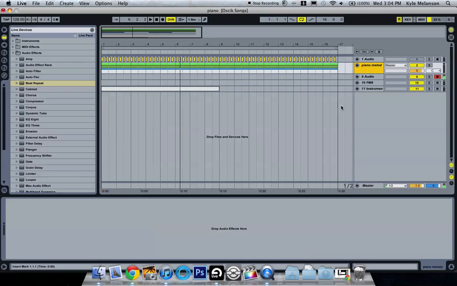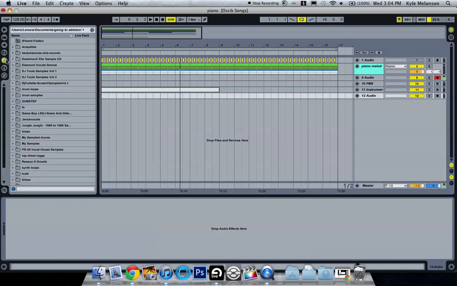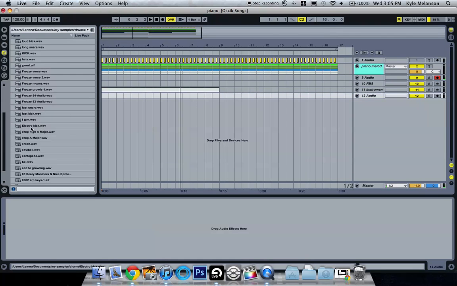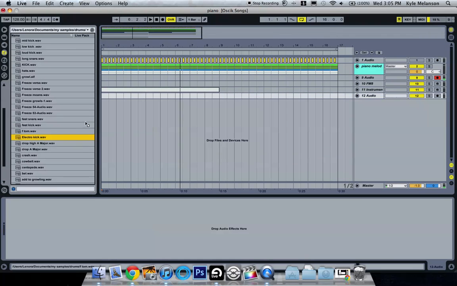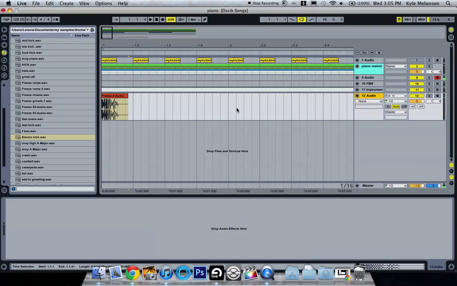Now you can also put in audio tracks and go to your handy dandy sample library. It's an electro kick that I made. You can just drag the waveforms down on the thing, and in the timeline, if you select something and then press Command L, it'll set the loop. The loop button is right there if you want to do it manually. And then now